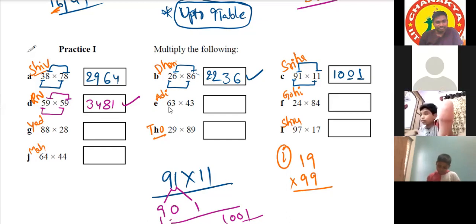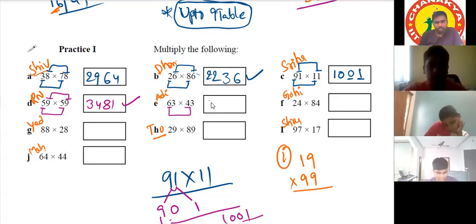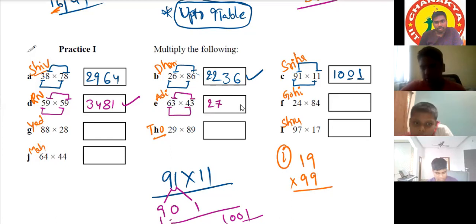Yes, sir. Sir, we'll first multiply 6 and 4, which is 24. Then we'll take the common number and add it. So the common number is 3. So 24 plus 3 is 27. Okay. So 3 3s is 9. It's only one digit, so we'll write 09. Very good. Then Rohit.